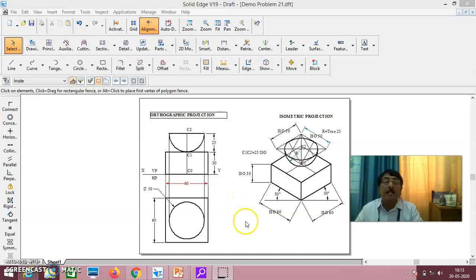In the next chapter, they'll give the direction, either this direction or this direction. They'll ask you to write the front view and top view. That is why I told you, 2 chapters you are learning simultaneously. This concept is very, very important. If I look from here, front view will be this, top view will be this. In fact, in this case, even looking from here, front view and top view will be the same.